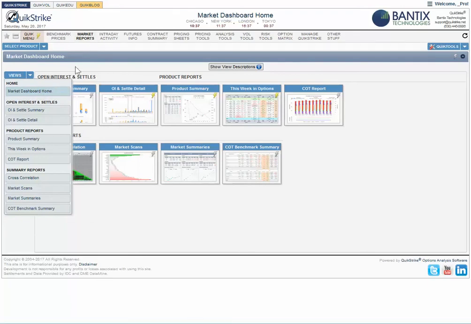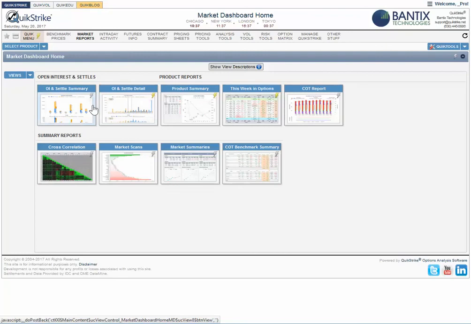So there is some new functionality that's available as well. You'll notice there's a little lightning bolt on each of the views. You'll also notice that some are gray and some are yellow. What we've done here is give you the ability to create what we're calling the quick menu. I've chosen 3 on this menu section on market reports, and I can continue to build my quick menu as I find things that I like or that I want to have quick access to